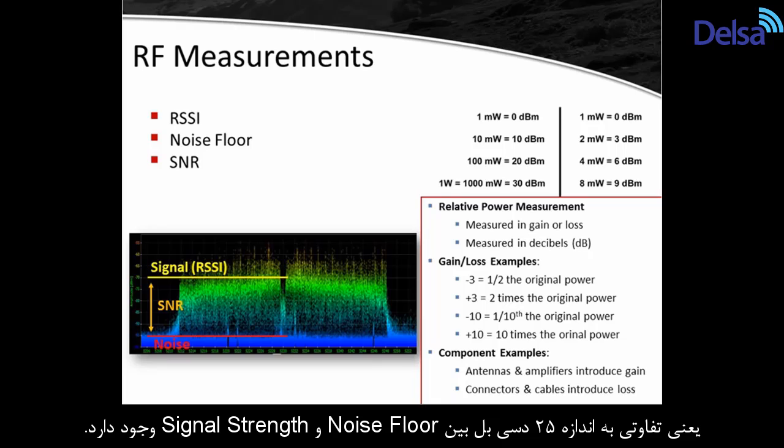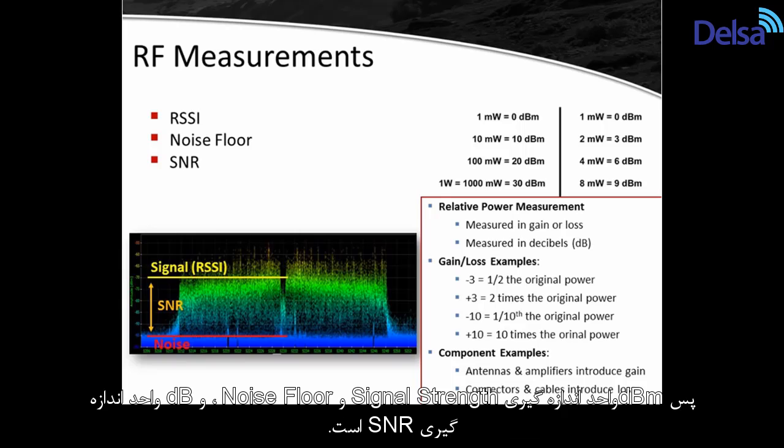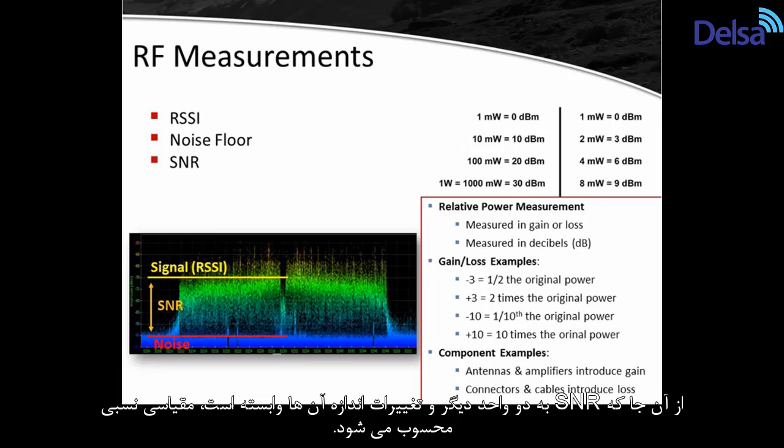There's 25 decibels difference between the signal and the noise floor, okay? So we want to use the right term: dBm for the signal strength, dBm for the noise floor, but SNR is just dB, okay? So this is a relative value because it's the difference between two absolute values. So it's going to change depending on what the two absolute values